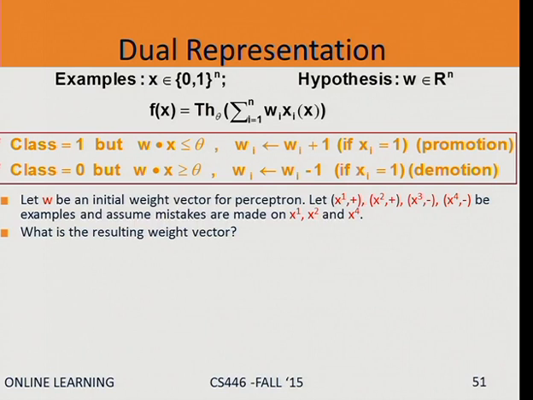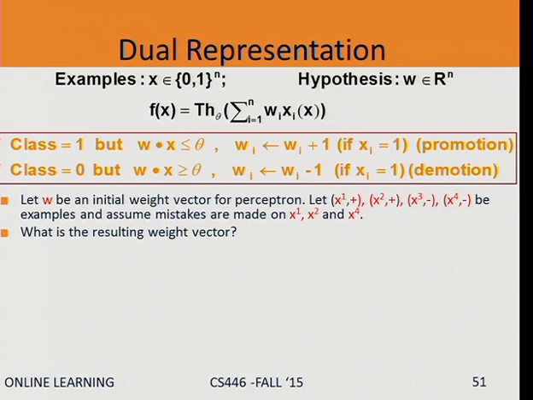The other thing you want to remember about perceptron, I'm talking now about the Boolean case, is that perceptron computes a dot product. If it makes a mistake on a positive or negative example, it adds or subtracts 1. But in the case of a Boolean feature space, it does this only if xi is on. If xi is off, I don't touch the weight vector, I don't change it. That's also good to remember.